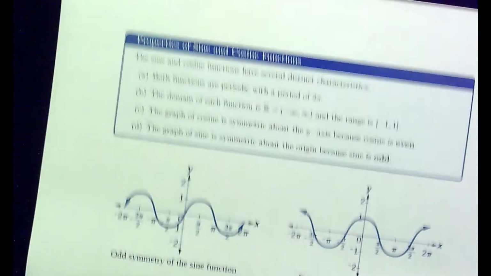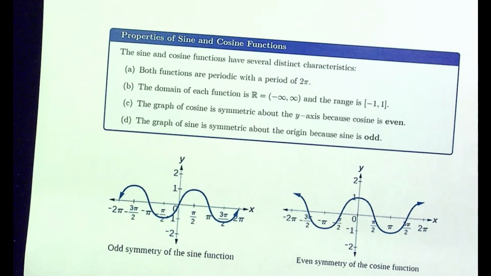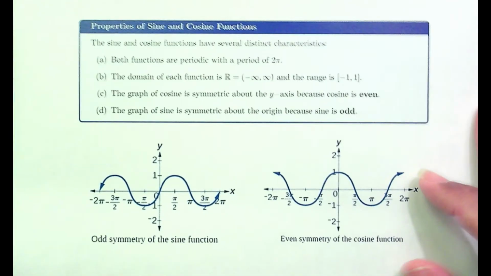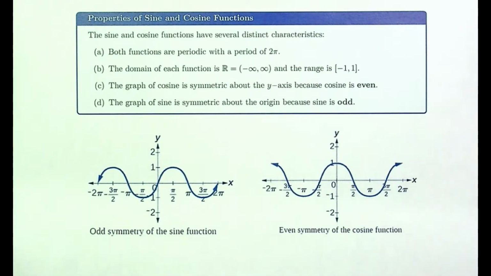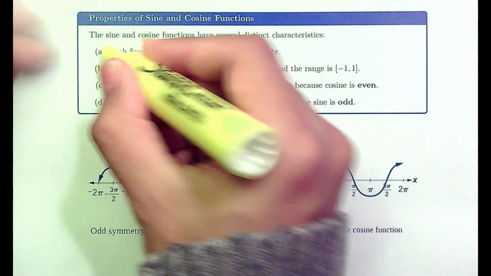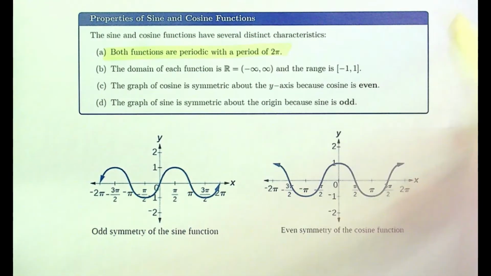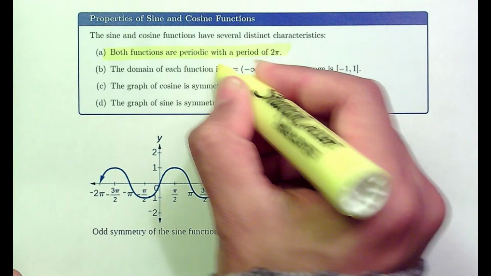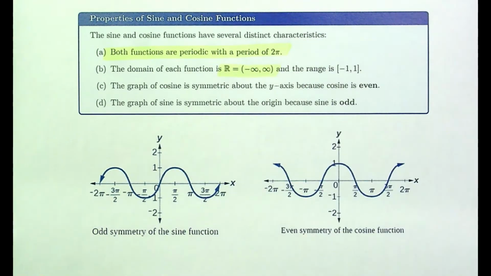All right, some more properties of sine and cosine functions. The sine and cosine functions have several distinct characteristics. Both functions are periodic with period 2 pi. The domain of each of the functions is from minus infinity to infinity, or all real numbers, and the range